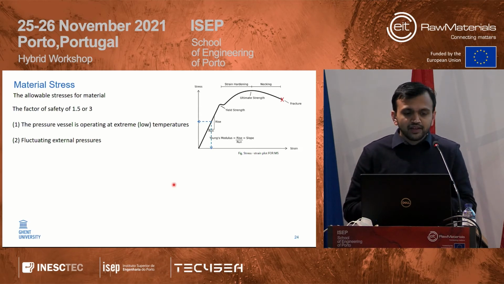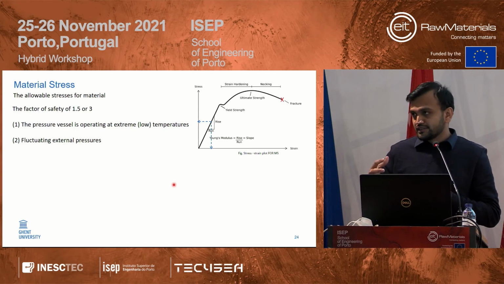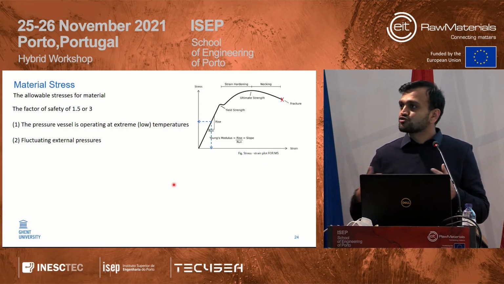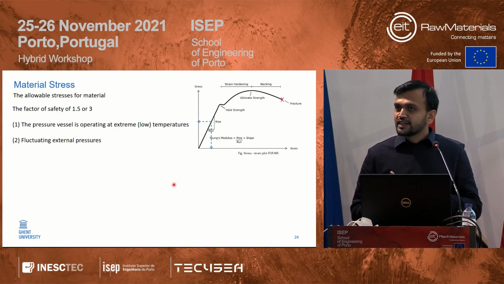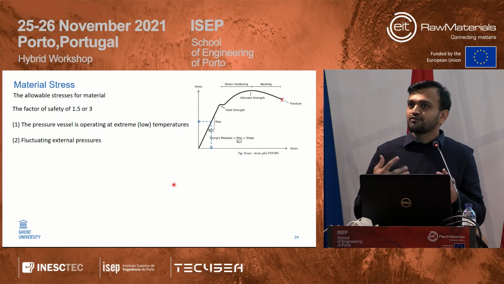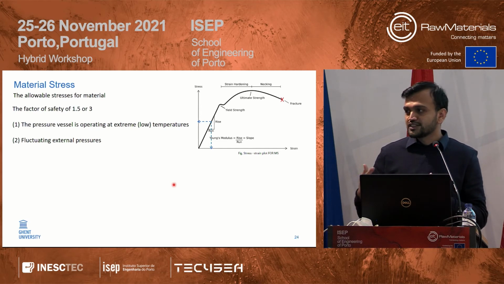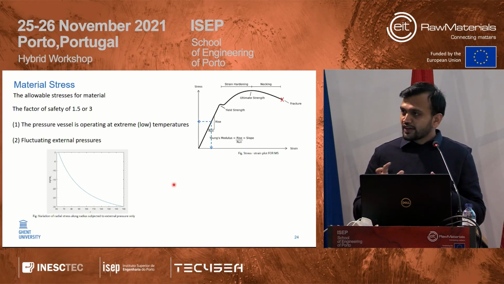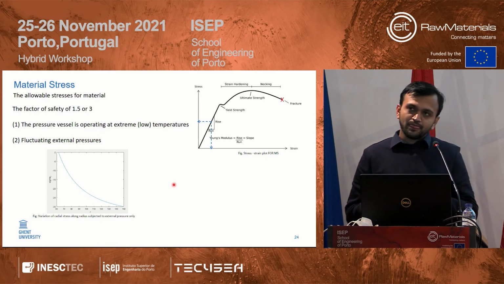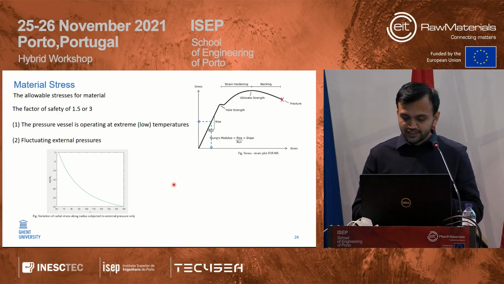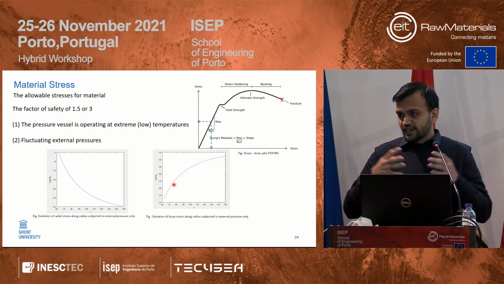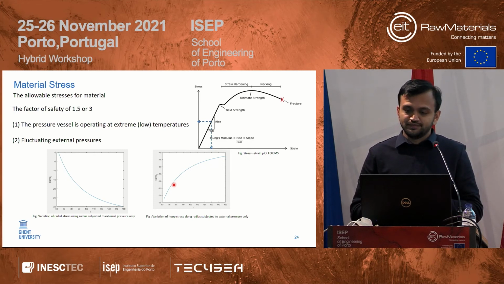The pressure vessel is operating under a set of operating conditions like high pressure and temperature, and the outside pressure is also fluctuating. In this case, considering a factor of safety of 1.5 to 1.8 is a very good criterion. Now, if I consider 1.5 or 1.8, how are the hoop stresses and radial stresses going to be generated, and how are they going to be distributed over the entire radius of the housing?